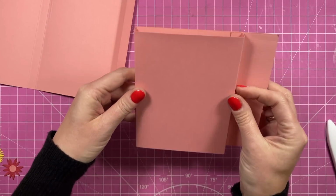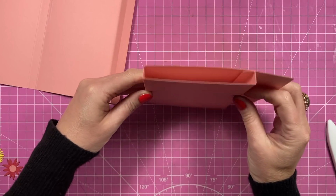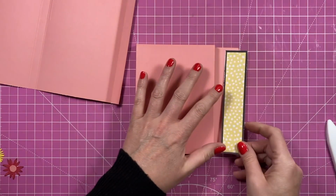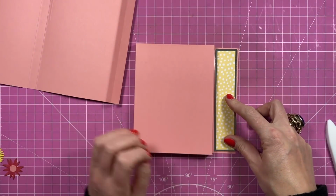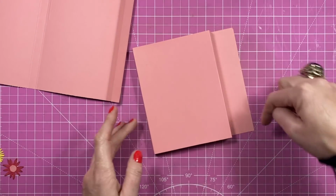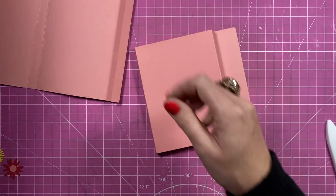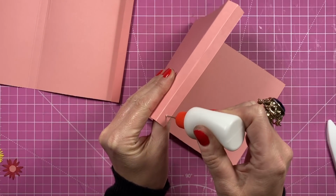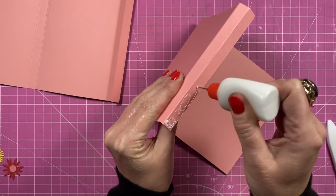And these are going to fold in and stick on this piece. So you can see the start of that first page, and this is where these pieces will then fit, whether you choose to have them or not. I think I will, but again, up to you. You might want to stamp something there. So I'm going to use my quick grab glue, and you're going to pop it on the very outer tab there,